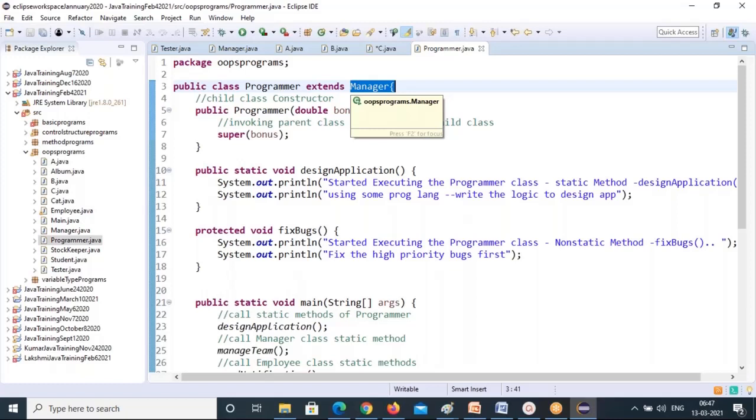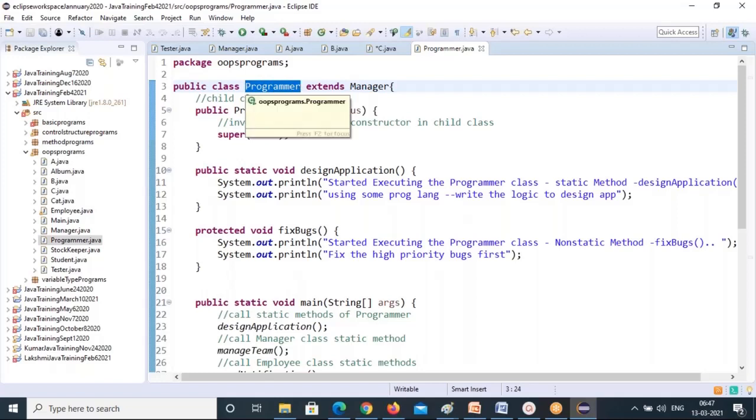First of all, understand what multi-level means. Multi-level means different levels you are accessing: grandparent, parent, and child. Now, programmer is the child. The child has a parent, manager. Manager's parent is employee. Now this programmer can get manager plus employee, all the methods. That is called multi-level. Hierarchical means the same class